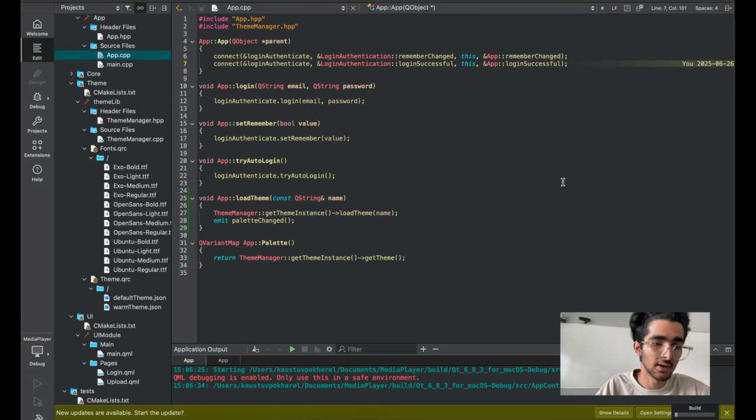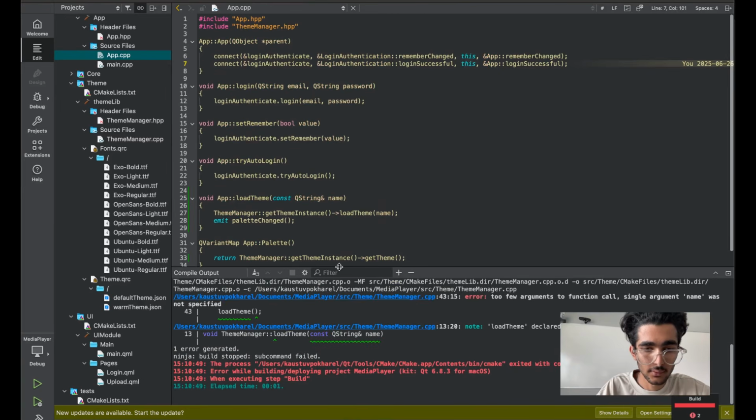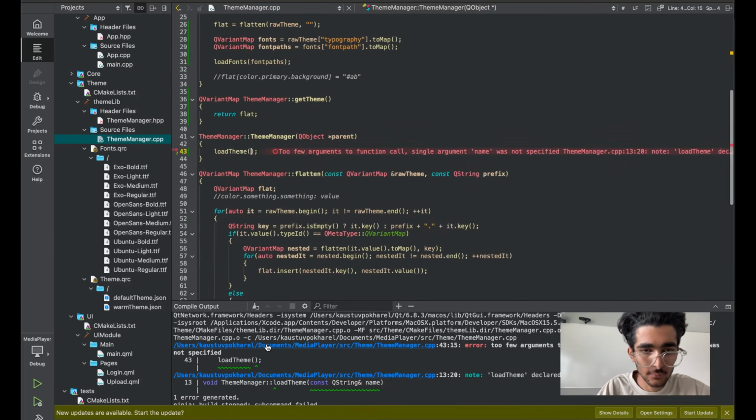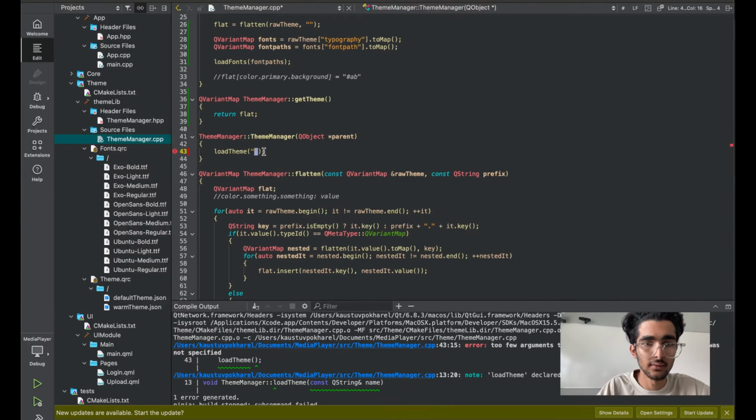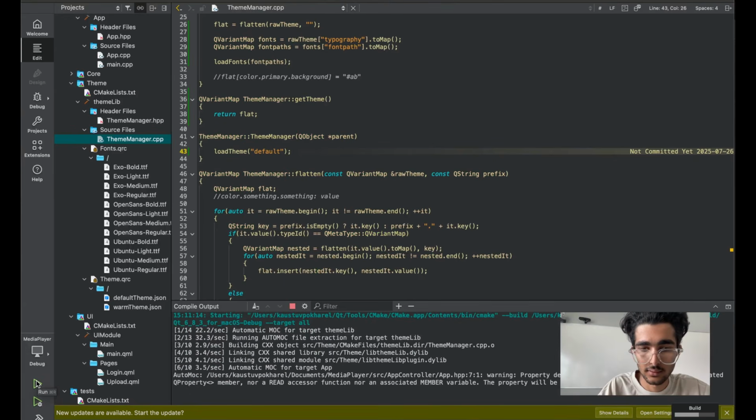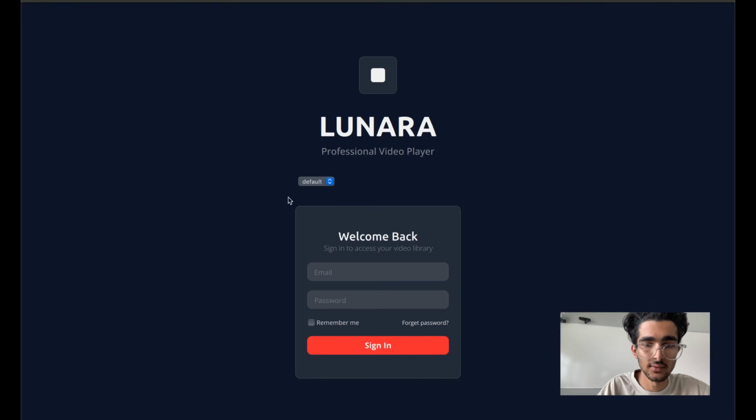So if I run the application, what is happening right now? Compile error. It's saying load theme, QString load theme here. Okay, now this is taking a parameter, so we'll give default here because it is going to take a name, right? So default. It's good. Let's rebuild this. What is happening? Okay, I want to understand the situation. So by default we have a default theme, but as soon as I move to warm, is something happening? No, nothing is really changing